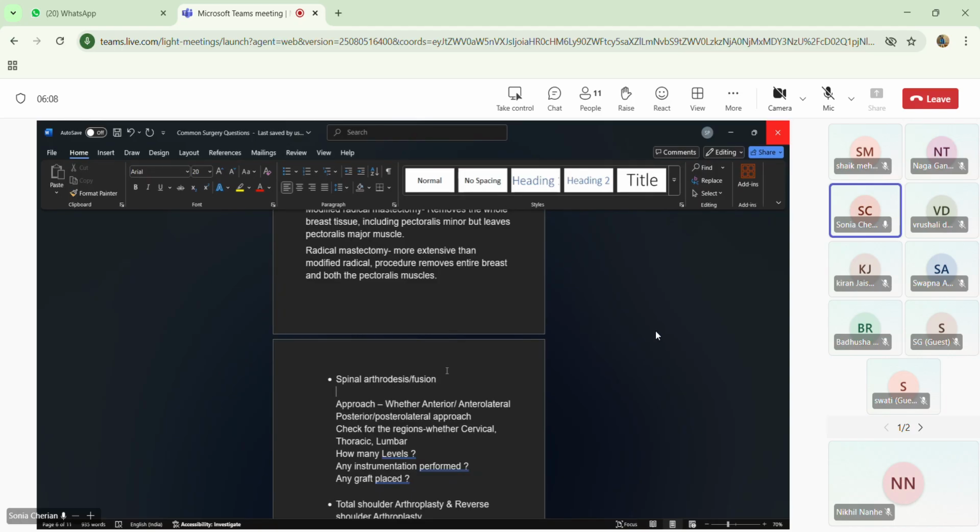Then you need to check for the instrumentation, whether they have placed any instrumentation, rods or plates, whether it is segmental or non-segmental. In instrumentation, we need to check whether it is anterior or posterior instrumentation. But as we come to know the approach itself,